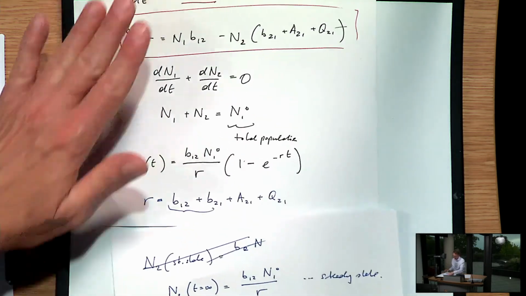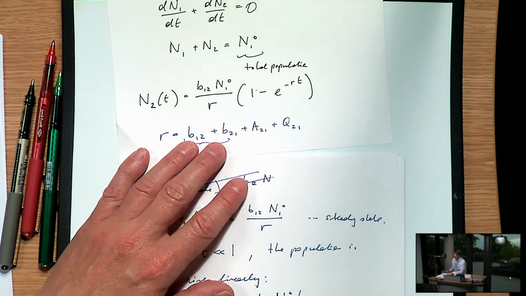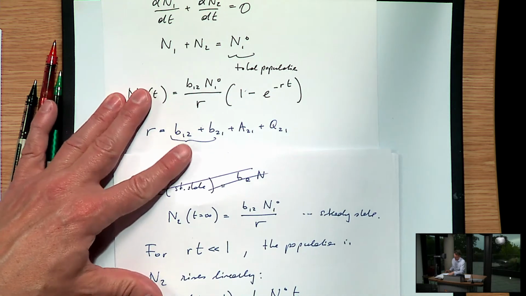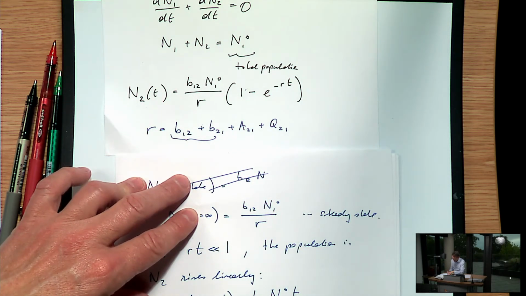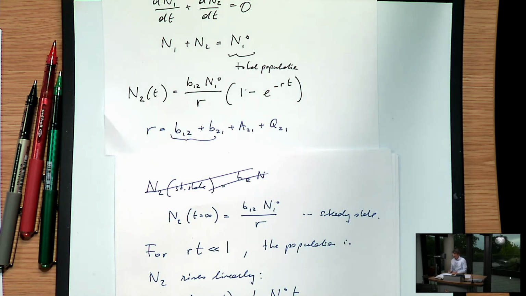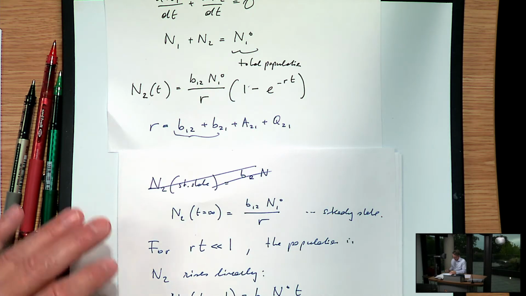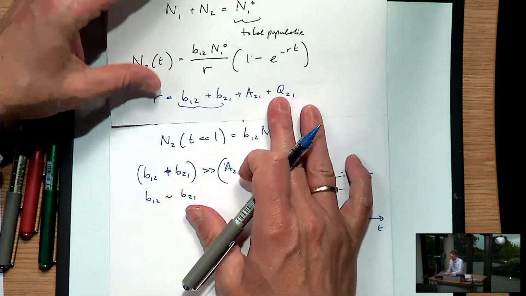So for that case, let's suppose that B12 is equal to B21, as we said, it's roughly the same, as we've said from the Einstein discussion, the Einstein coefficients. And if they are much larger than A21 plus Q21, so let's put it this way: if B12 plus B21 is much greater than that, and because B12 is roughly B21, then what you end up with,